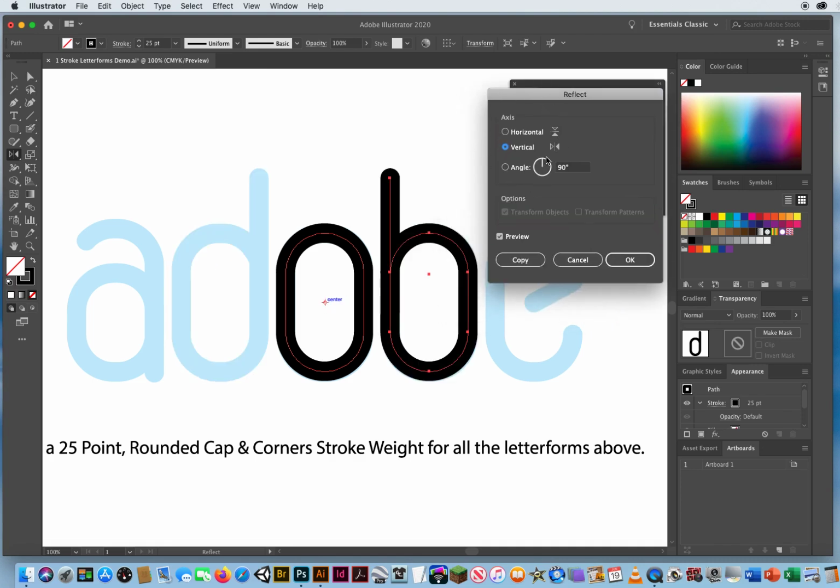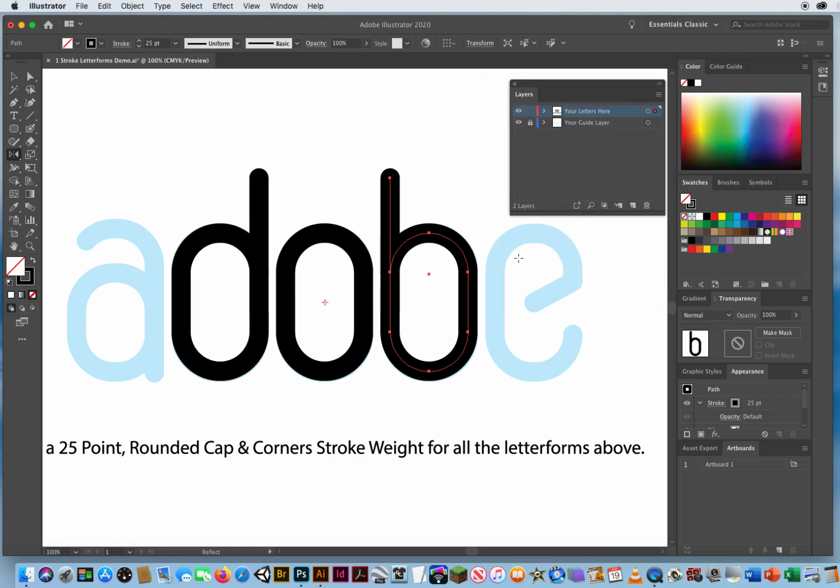And if I have my reflect set to a vertical axis, I'm going to flip the D across, and it'll eventually just turn into a B. So I'll click copy. There we go. Word's halfway done. Now I'm going to take my black arrow again,